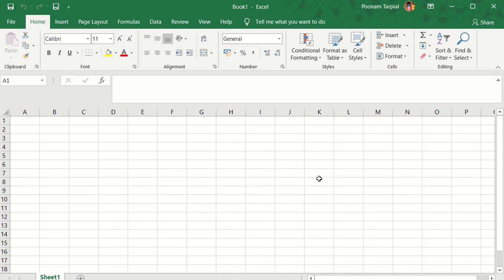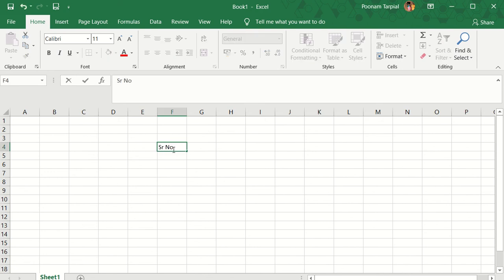So for that you need to open up an Excel sheet like the way that I've done it. I am going to do a demo in front of you, and I'm going to keep this video a little bit short so that you can go ahead and practice yourself. Whenever you intend to insert a column or a row, first of all we'll be creating a table.